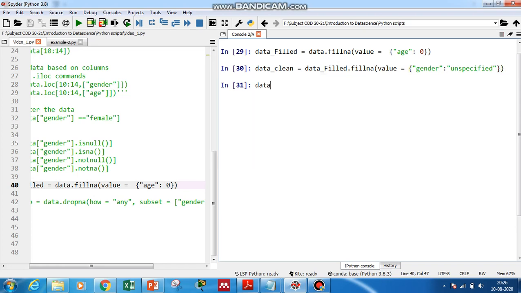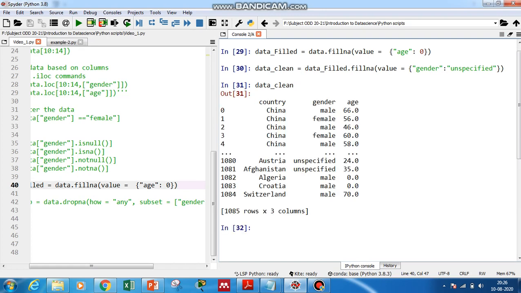So now data_clean is the existing data set with 1085 entries, but you can see that all the null values are changed to unspecified and 0.